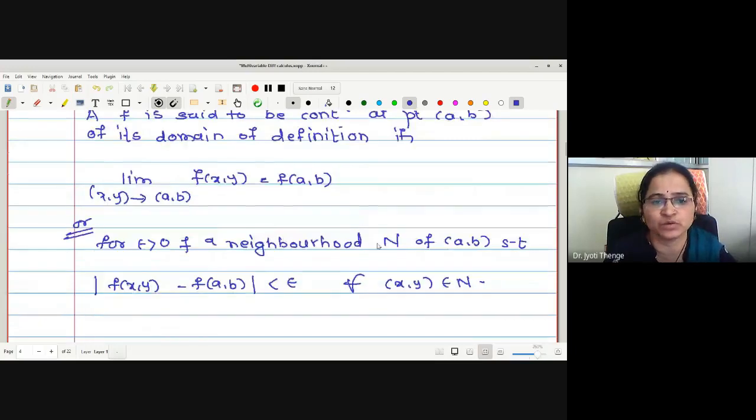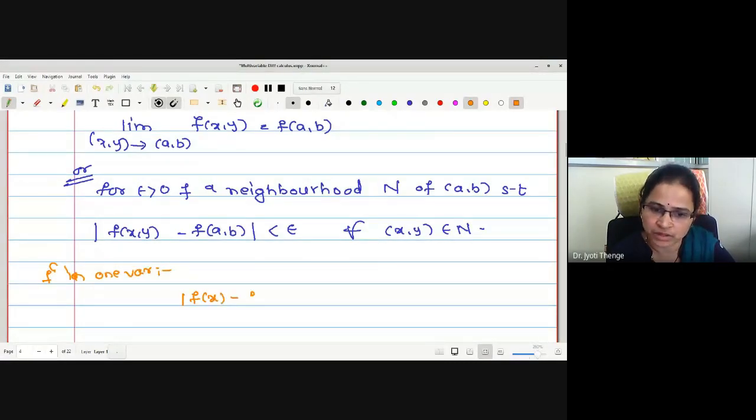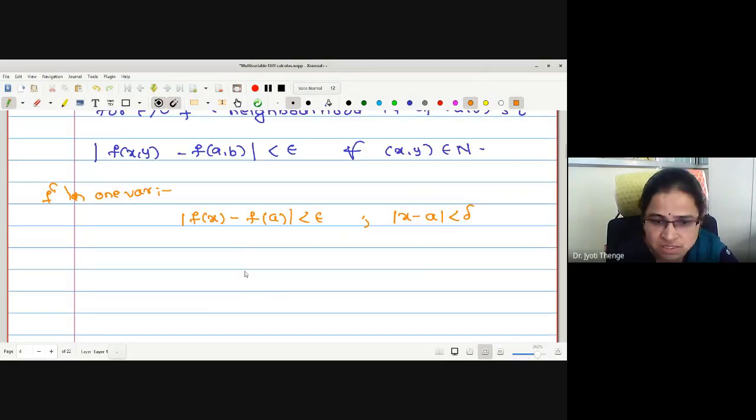Let me explain how the definition is very similar to that for a function in one variable. What is the definition we have written for a function in one variable? Mod of f(x) minus f(a) less than epsilon whenever mod of x minus a less than delta. Correct? Now, in both cases, as it was a function of one variable, the change is observed